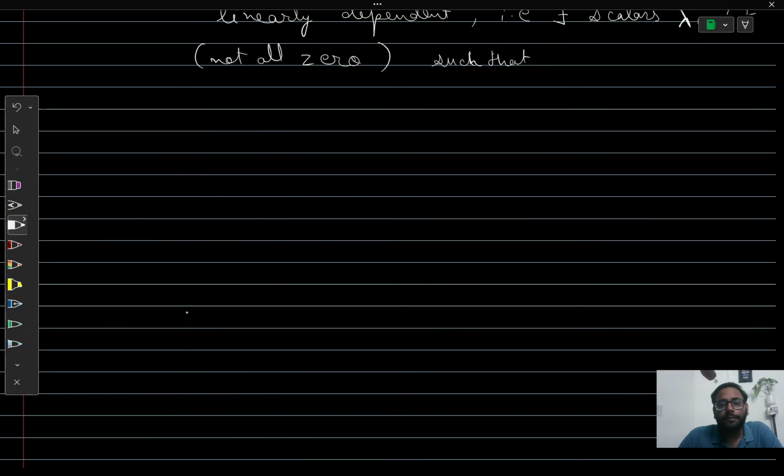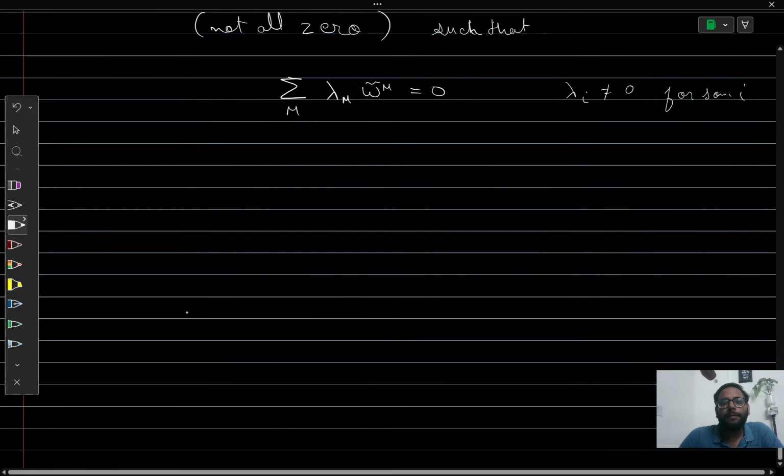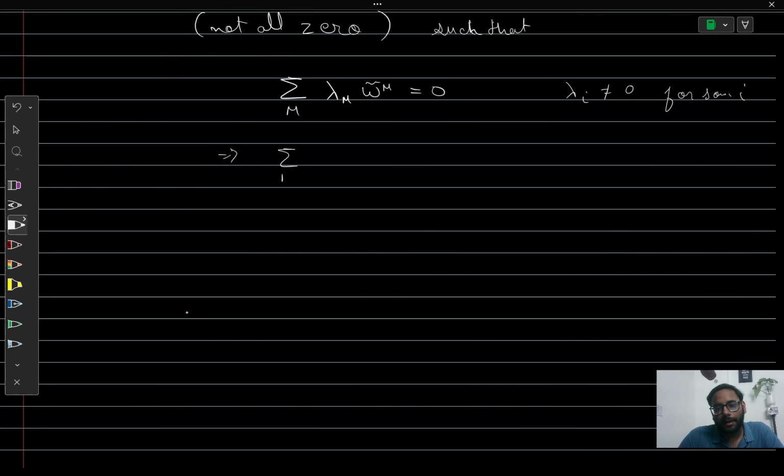Let's take this condition, I mean the condition for linear dependence, that is these scalars, and these are one forms. This is zero, I mean some of them can be zero, and for some i they are non-zero. Okay, and this mu, or say, so we can just multiply both sides by